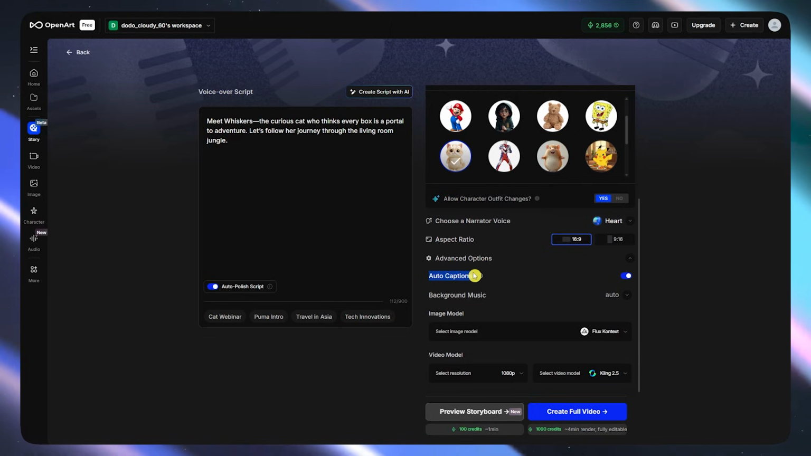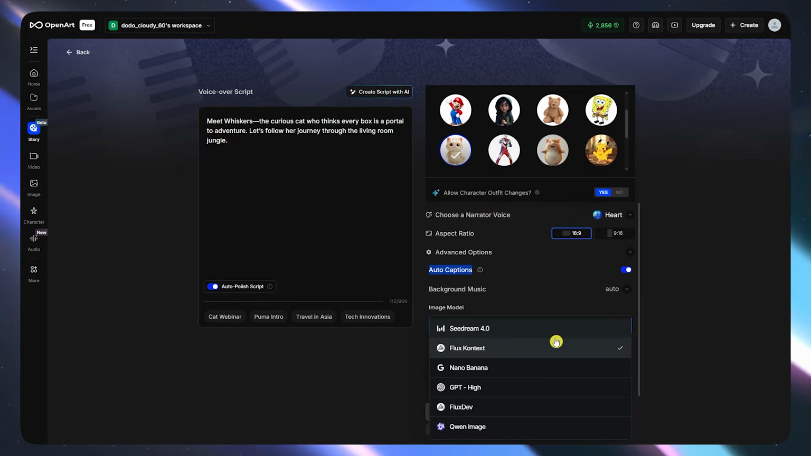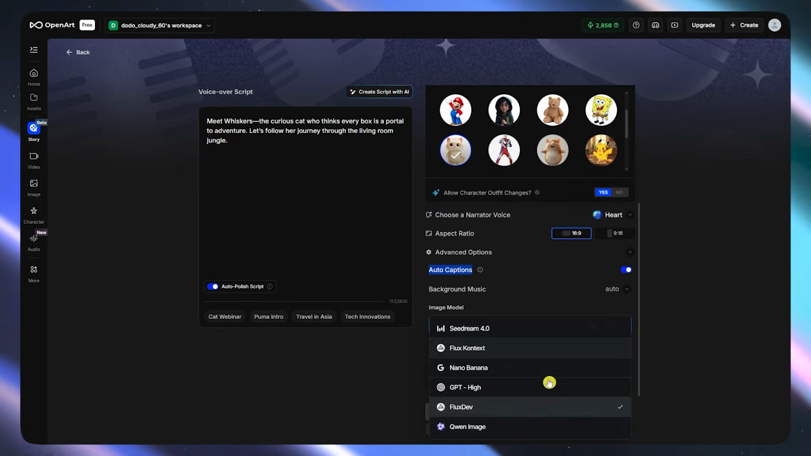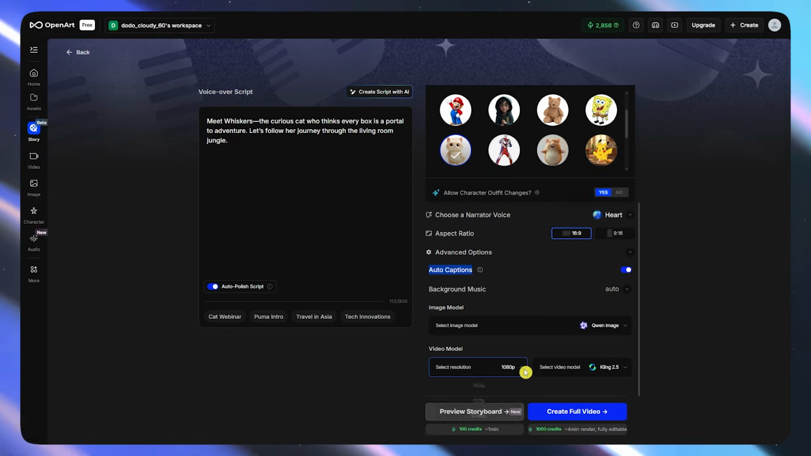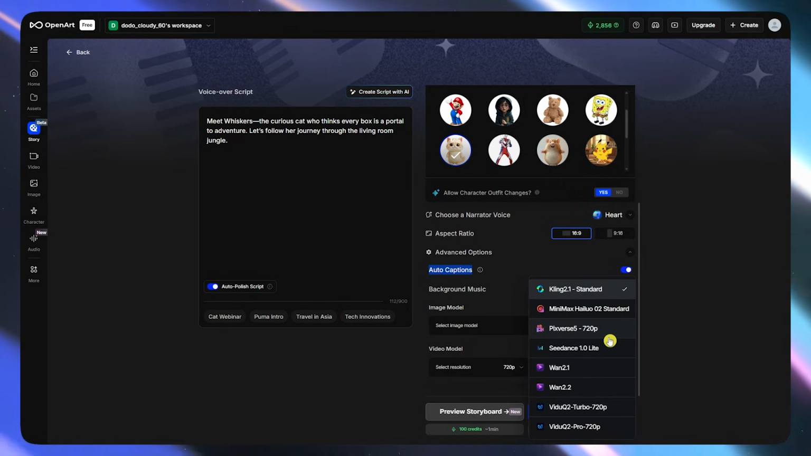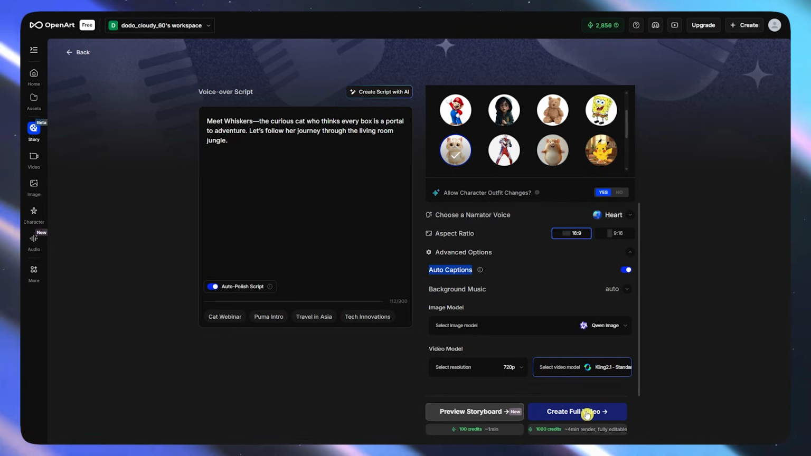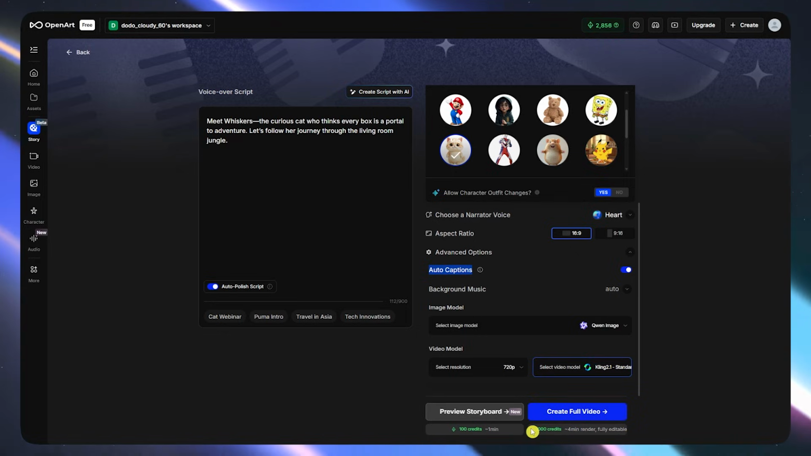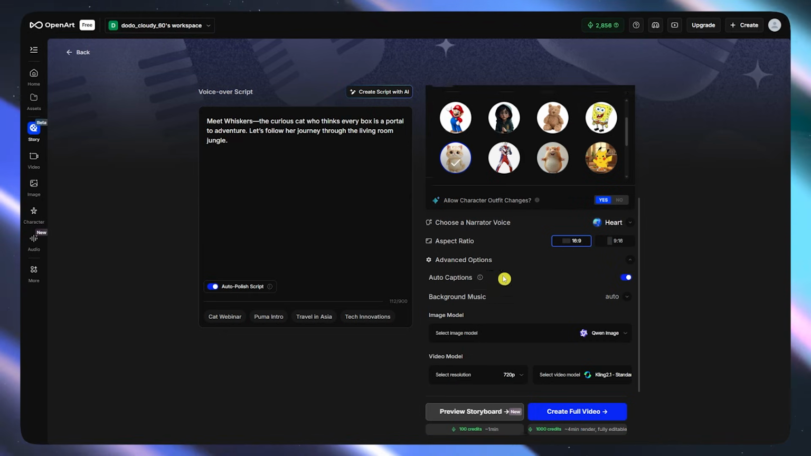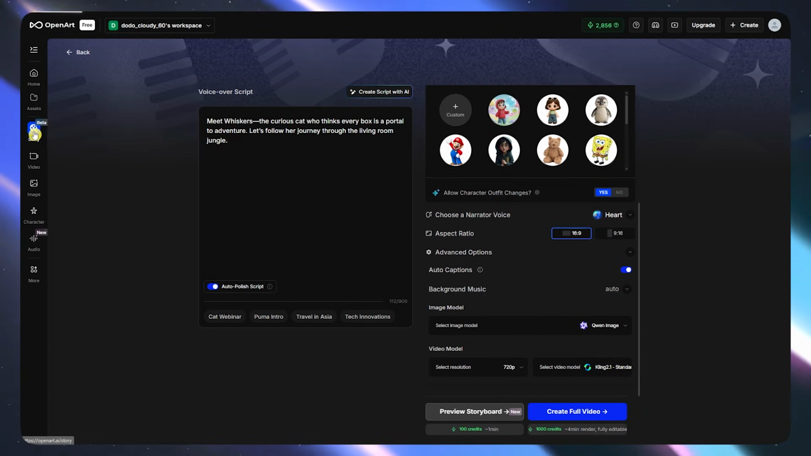You could go for the auto captions and background music, image model right here. You could just choose that. So you could go for GPT, Flux Dev, basically the same thing earlier, and then select resolution. You can go for 720p, and then select video model. You can go for Kling, and from here you could now create the full video, as you can see right here, but it would cost me 1,000 credits, which is too much. So I'm just gonna skip this one out, because we have a sample for you right here in the stories,